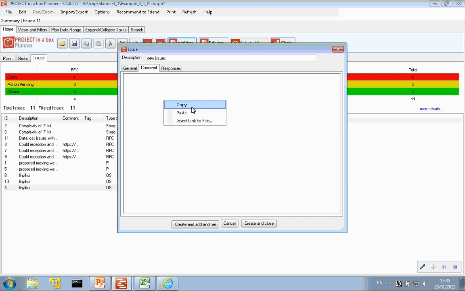Of course we can copy out as well, and we can also here choose to insert a link to a file, and these can be standard Project in a Box hyperlinks to files managed from the Small Team or Enterprise Edition server, or they can also be just direct links to local files on your network or on your local machine, so you can associate images and other such things with your issue. So that's very straightforward to do. We can put something in here,